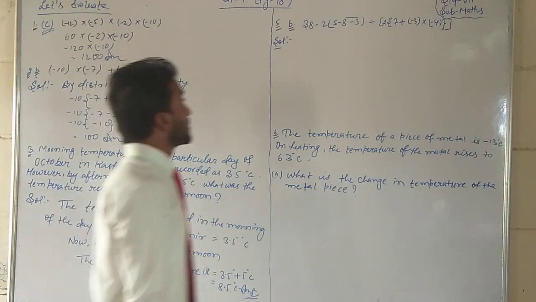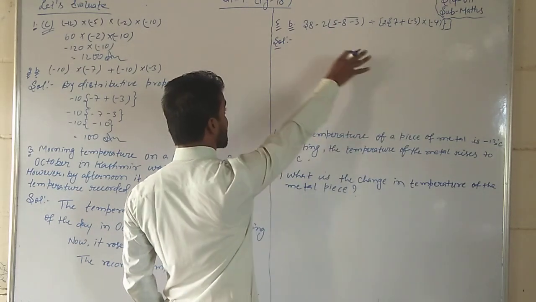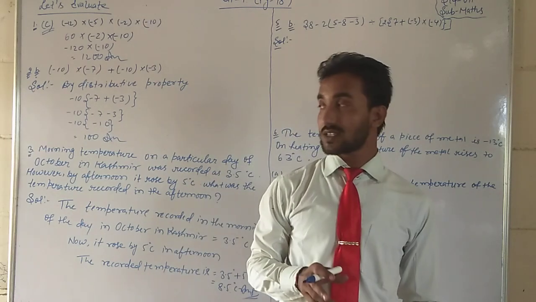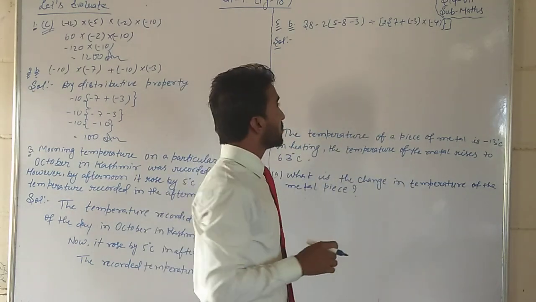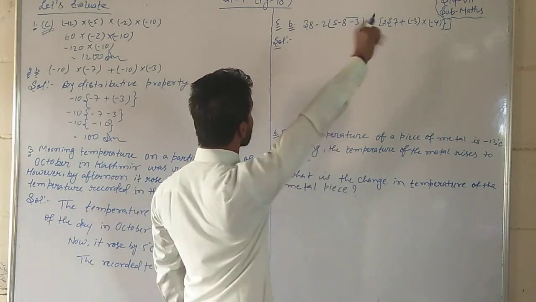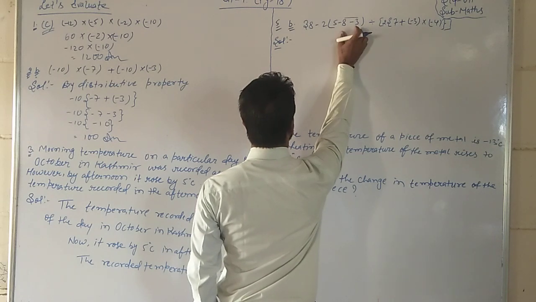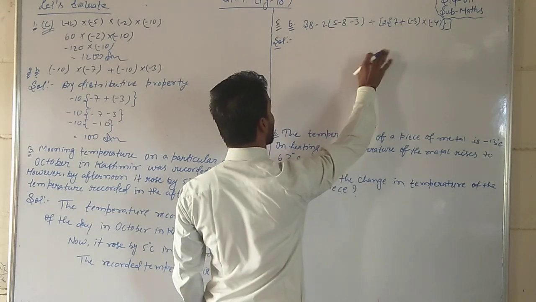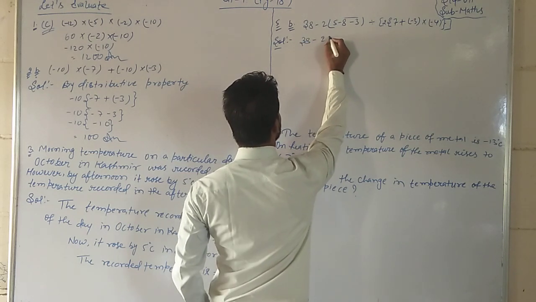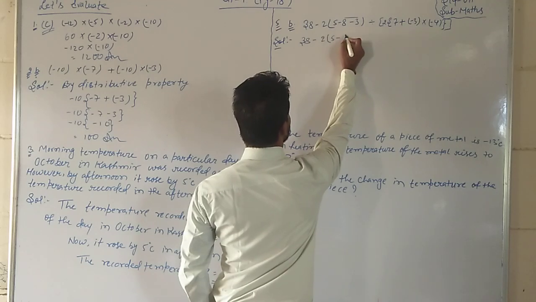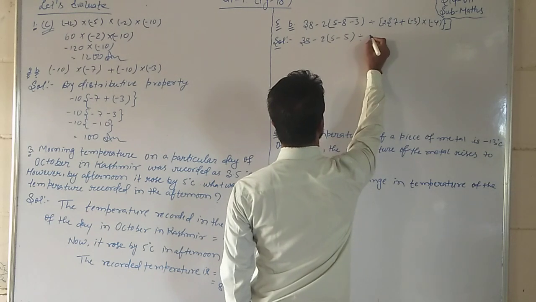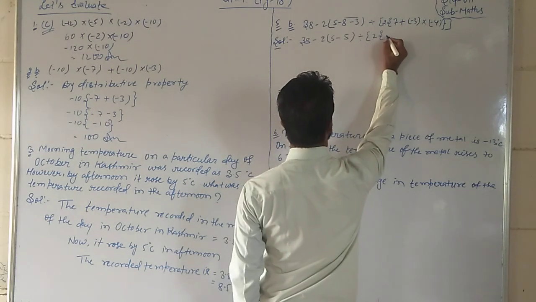Okay students, see the next question. These questions are completely based upon BODMAS. I hope you all have studied about BODMAS. So first of all we will solve the bracket. Where is the bracket? 8 minus 3. Rest of all we will copy as it is. Don't do anything. 8 minus 3 will be 5. Okay students, it has been solved. Now rest of all mention as it is.